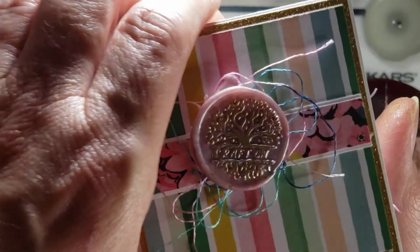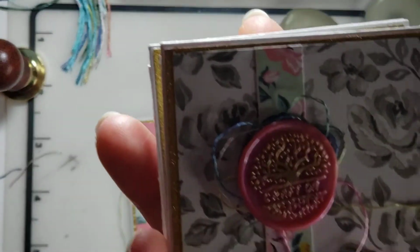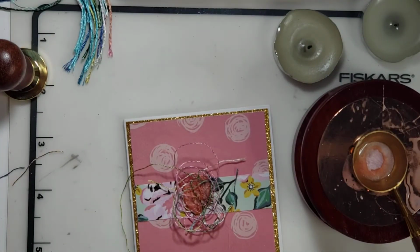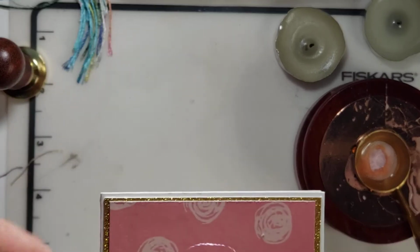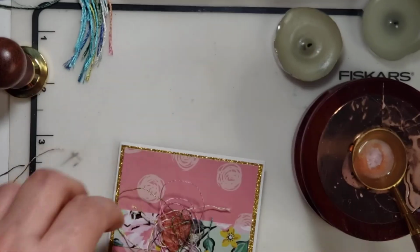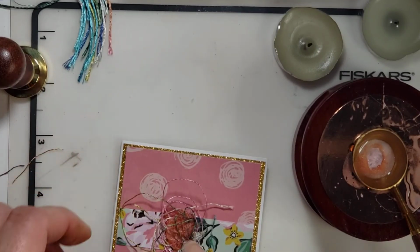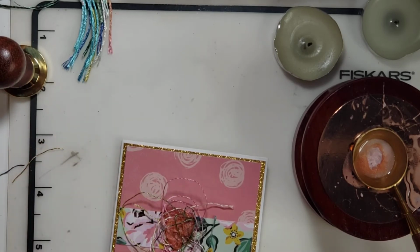custom wax stamp from Craspire, and it says craft on, and the tree of life is there. Not that I think I'm the tree of life, but it was my way of saying Tree, craft on. So this is my last one, and I was trying to save the last one so I could show you. I just melt a little tiny bit of the wax and I put a drop on there, and this is some